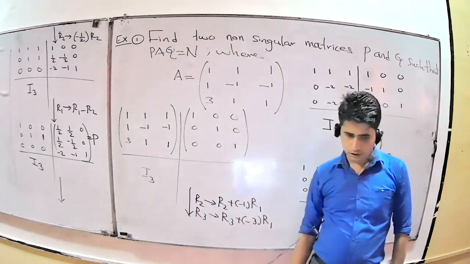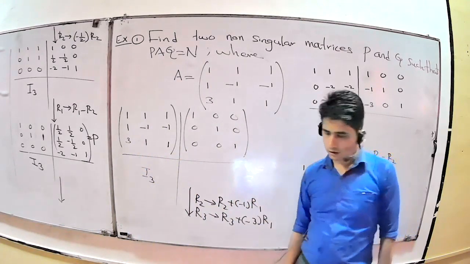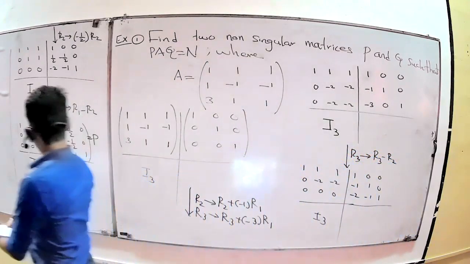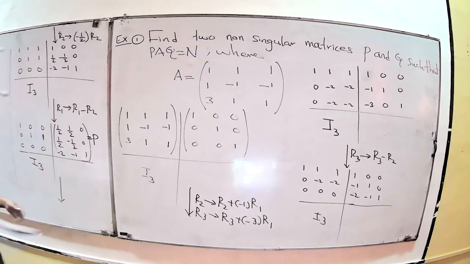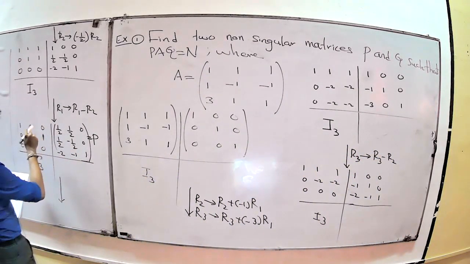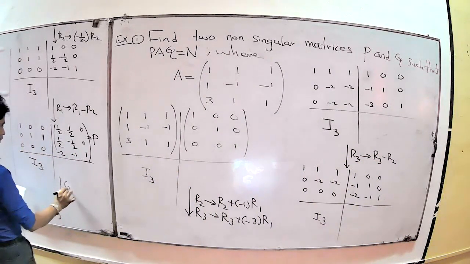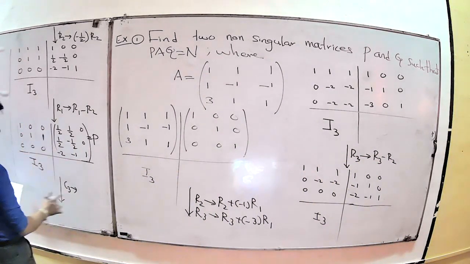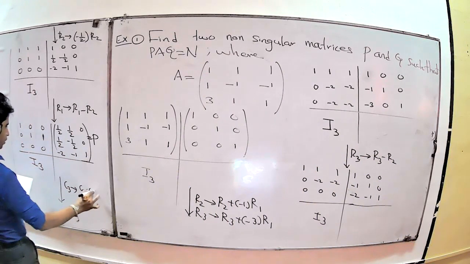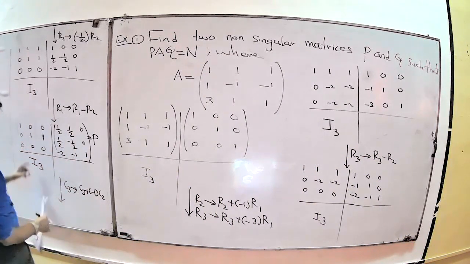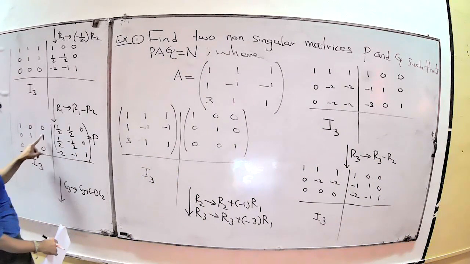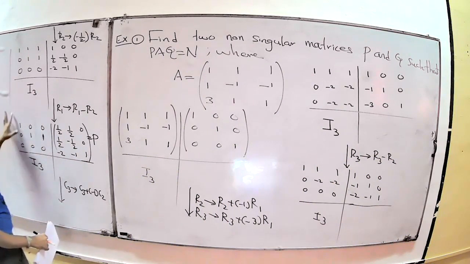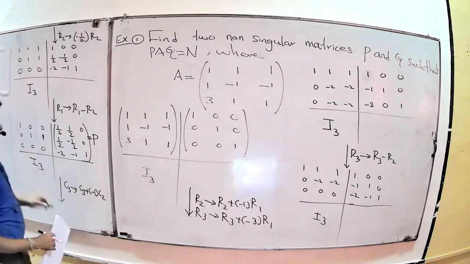Is it okay? Is it your P matrix? Now, after doing the column operation, you can find the Q matrix. Here you do the column operation, C3 replaced by C3 plus minus 1 times C2. Therefore, C3 replaced by C3 minus C2 means here you can get the 0 values. Okay. Now, after that you can get the normal form, then you can get the Q matrix also, right?